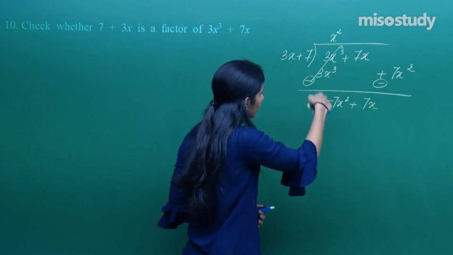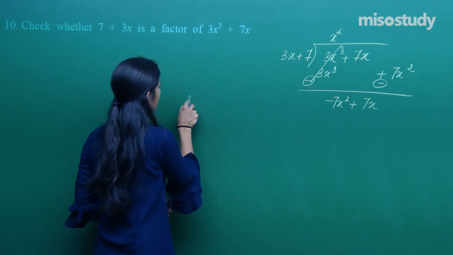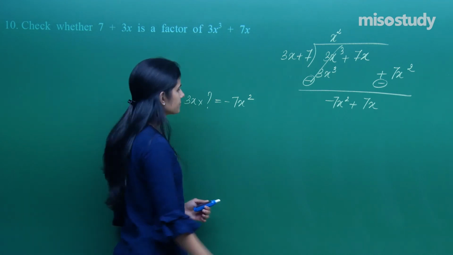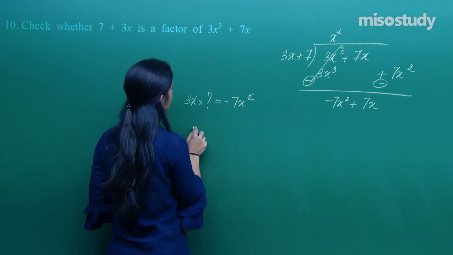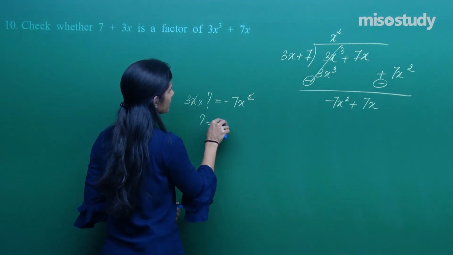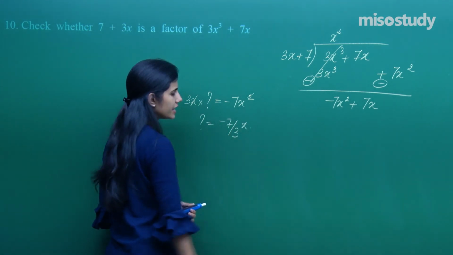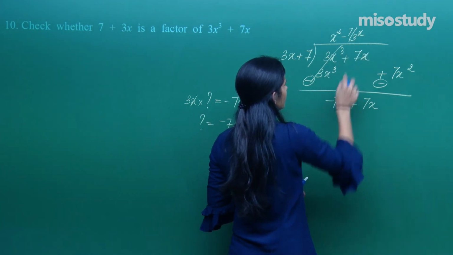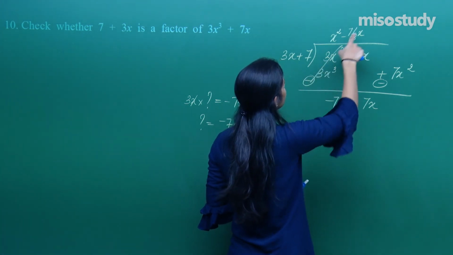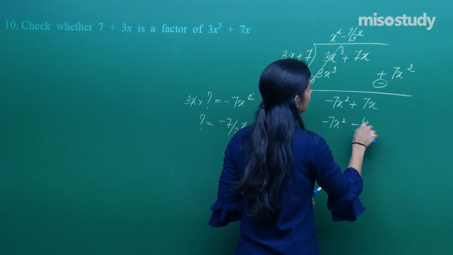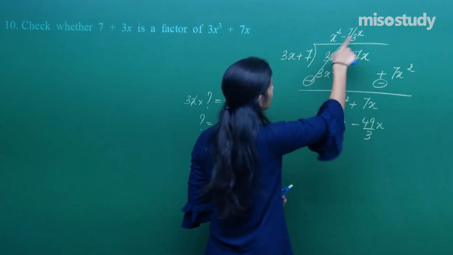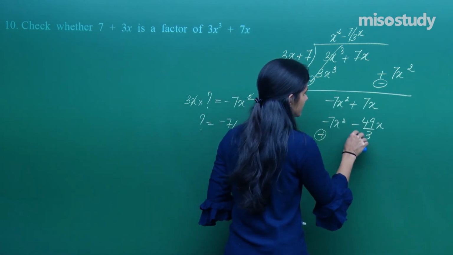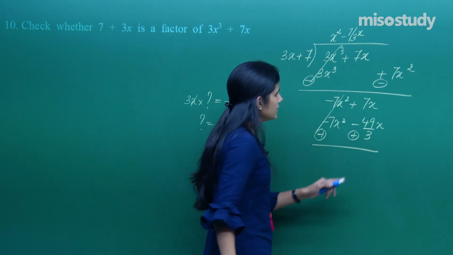Now 3x into what will give me minus 7x square? So you can see x cancels out, 3 goes there, and the question mark comes out to be minus 7 by 3x. So 3x should be multiplied with minus 7 by 3x to get minus 7x square, and 7 into this gives you minus 49 by 3x. 7 into minus 7 by 3 is minus 49 by 3 into x. This is plus, this is plus 49